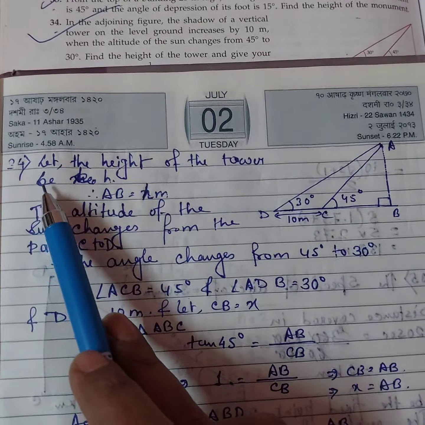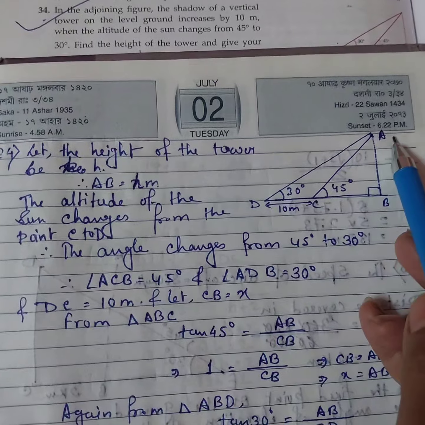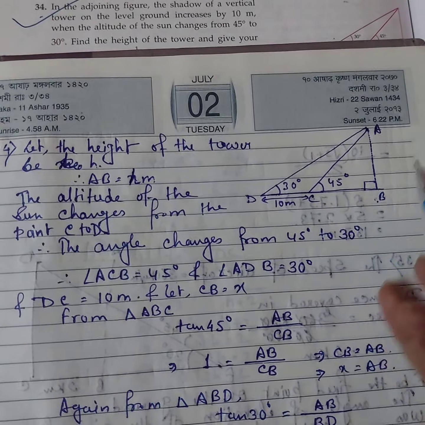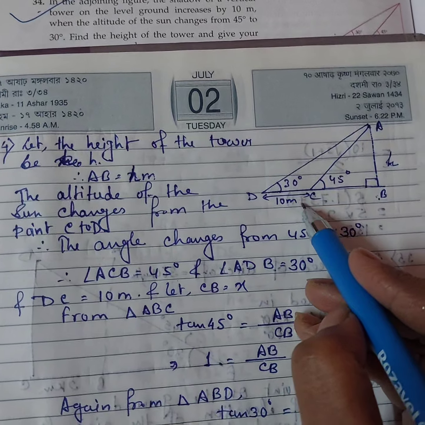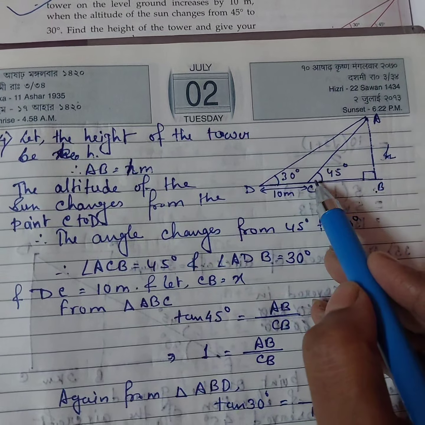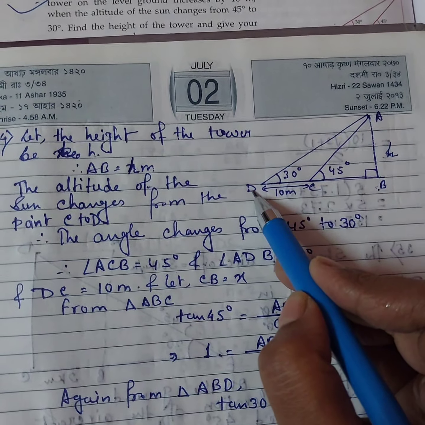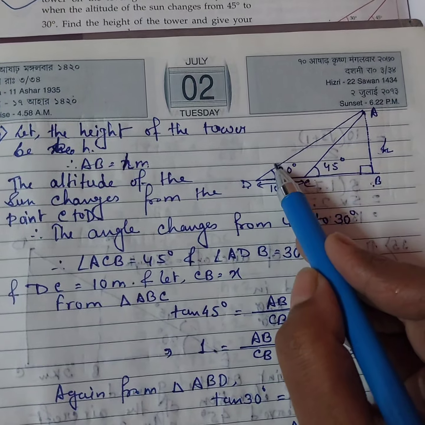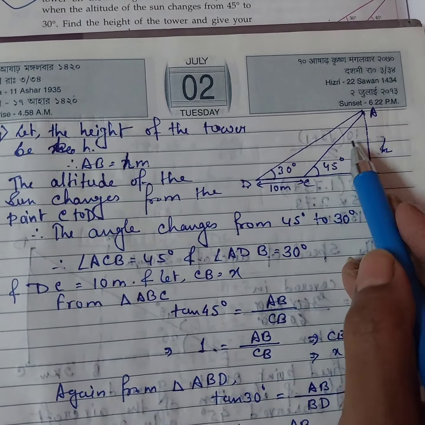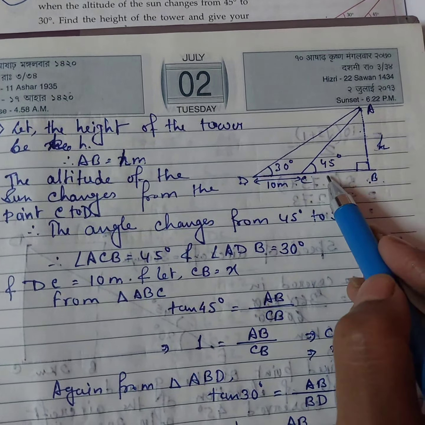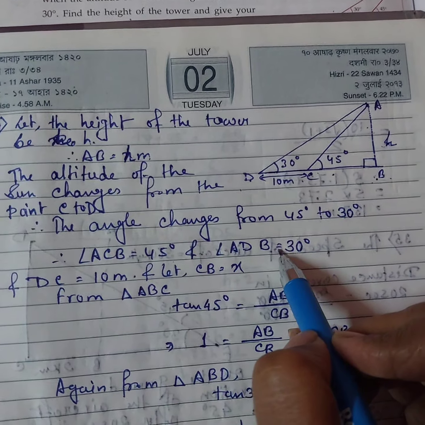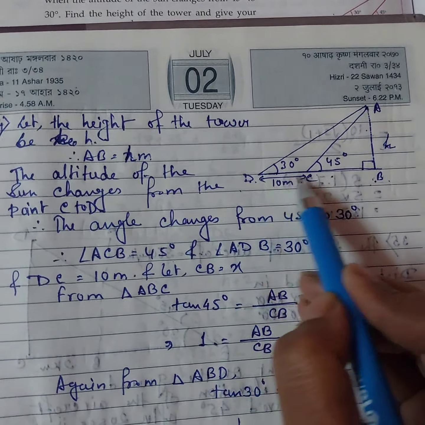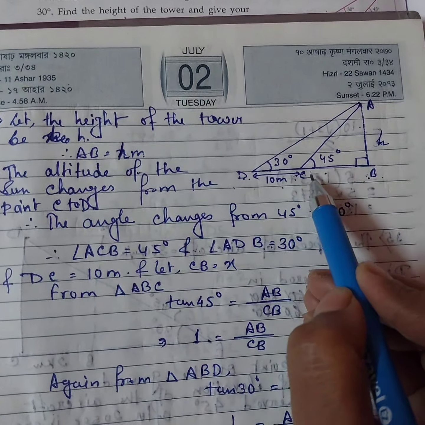So 34, the height of the tower is AB, that is H. The altitude of the sun changes from C to D, so angle changes from 45 to 30 degree. Therefore angle ACB is equal to 45 degree and angle ADB is equal to 30 degree, and DC is equal to 10 meter and CB